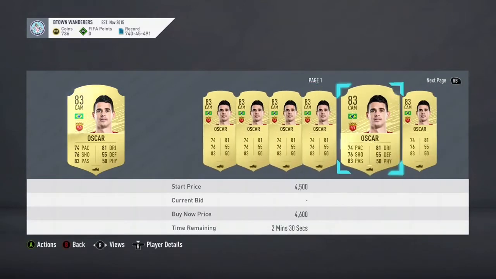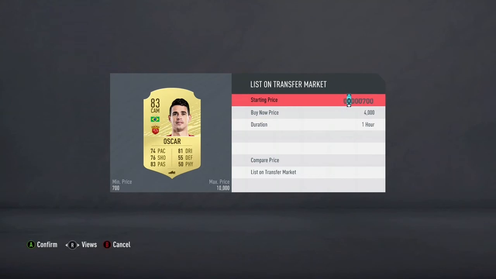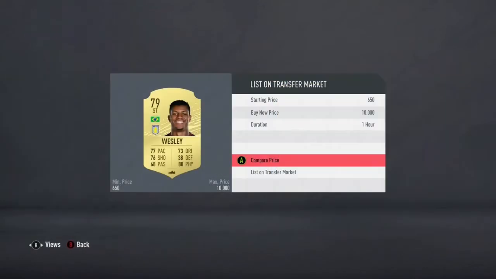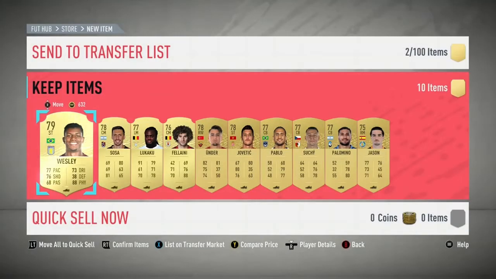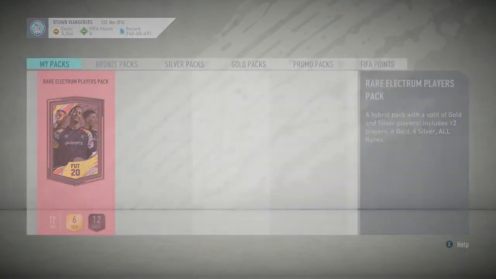as I just sort through the transfer list here. Obviously 82s, 83s, 84s are very high on the market right now with the SBCs, so if you do have any tradable 82s, 83s or 84s, I would recommend sticking them on the transfer market, because some are going for 5k or more. As we get into the rare Electrum Players pack now,